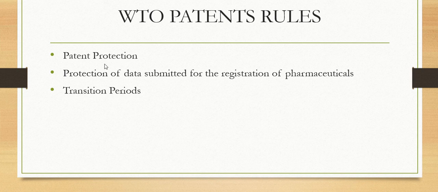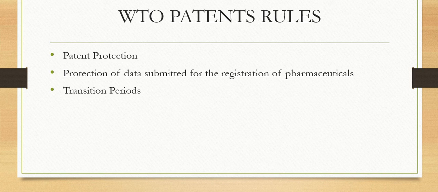First is patent protection. The TRIPS agreement requires the WTO members to provide protection for a minimum of 20 years from the filing date of the patent application for any invention, including pharmaceutical products or processes. And prior to the TRIPS agreement, patent duration was significantly shorter in many countries, for both developing and developed countries, providing for patent right terms ranging from 15 to 17 years,